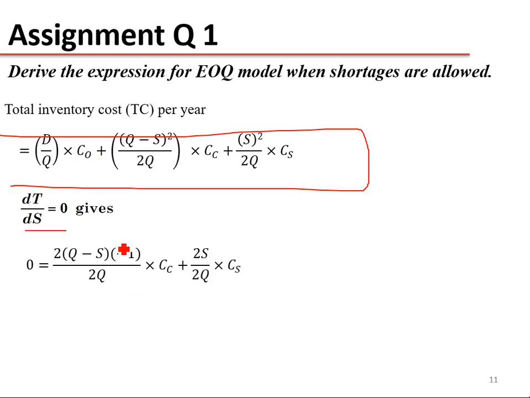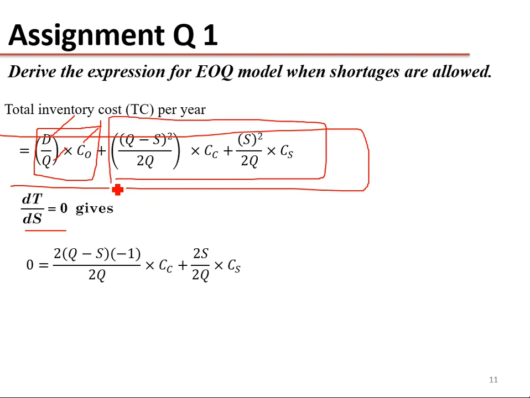For this, there is no s, and for q there is no s over there. So this is treated as a constant value, and when you take the derivative of a constant, it becomes 0. So we are left with these two terms: q minus s square upon 2q, and s square upon 2q. These are the two terms I am now going to solve.